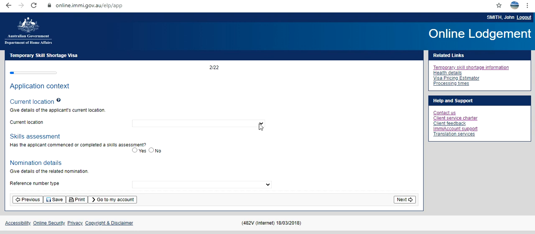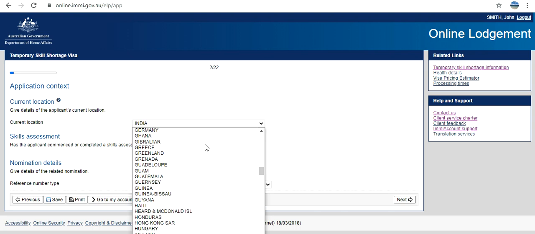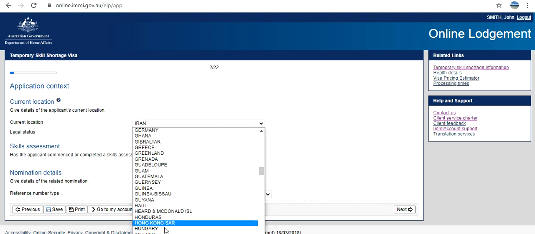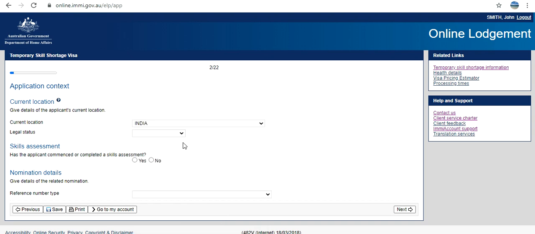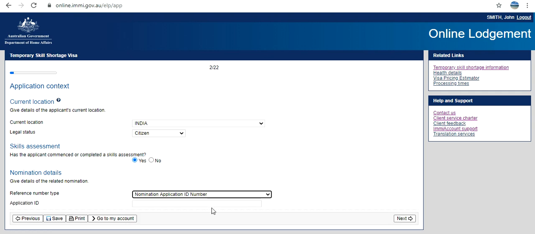Current location, so let's say you are in India. I selected India. Alright, legal status, let's say you are a citizen of India. Has the applicant commenced or completed skill assessment? Yes. Give details of the related nomination, reference number type. Okay, nomination application ID number.